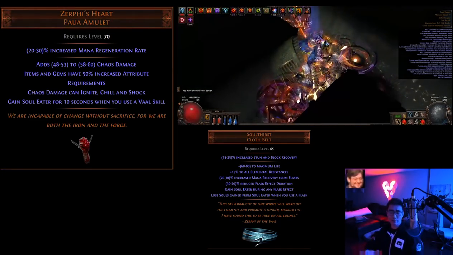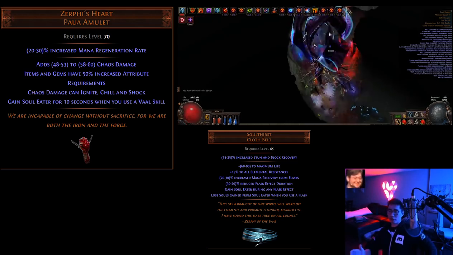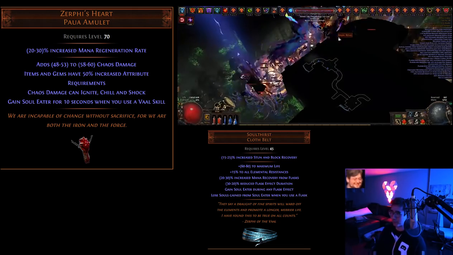So the next two items are kind of in a similar vein. They are both focused on granting the Soul Eater buff. So we have Xerpe's Heart, and then we also have a Soul Thirst Belt, right? And if you don't know, Soul Eater, if you've ever seen a streamer or some YouTube video where